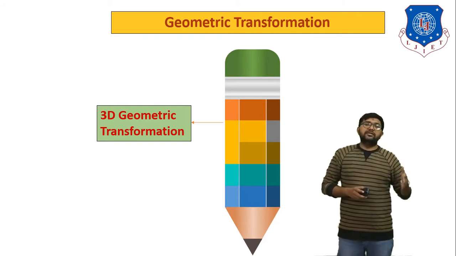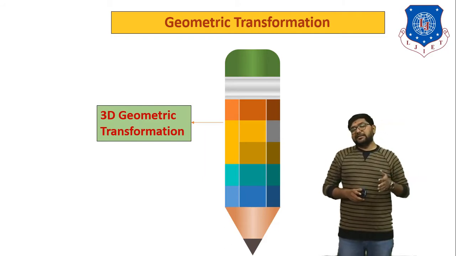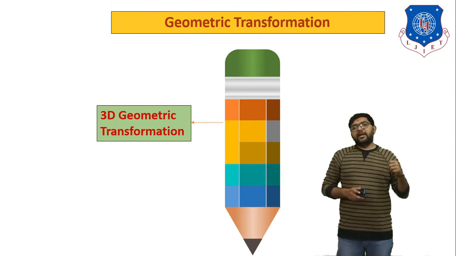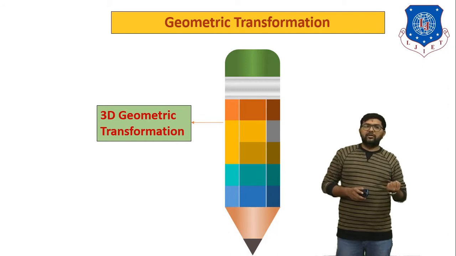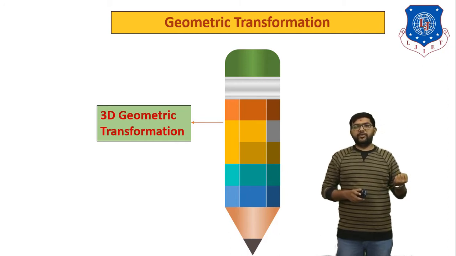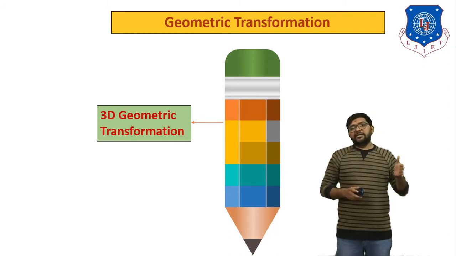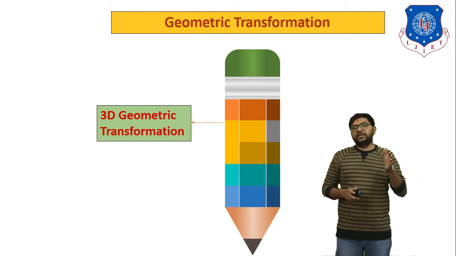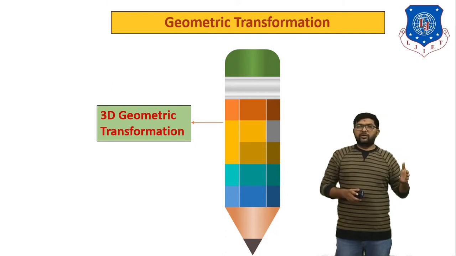In this chapter we already discussed what is two-dimensional geometric transformation. Also we derived the equations of all types of two-dimensional geometric transformation. Next we discussed homogeneous geometric transformation, and we derived equations for the homogeneous geometric transformation for translation, rotation, reflection, shearing, and scaling. Now you all know what is translation, what is reflection, what is rotation, and everything.